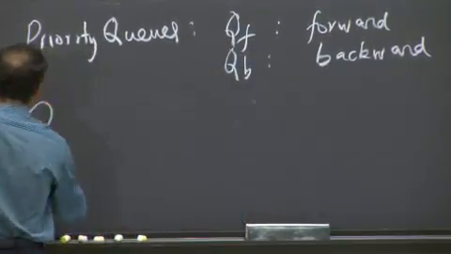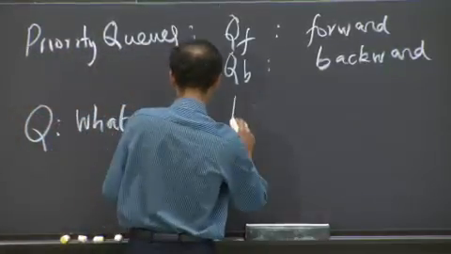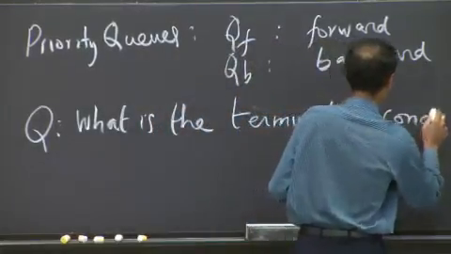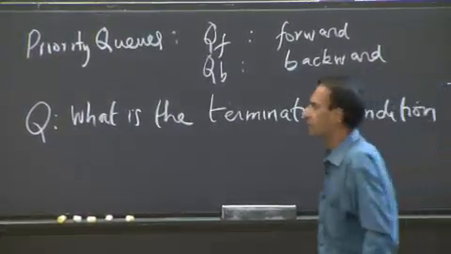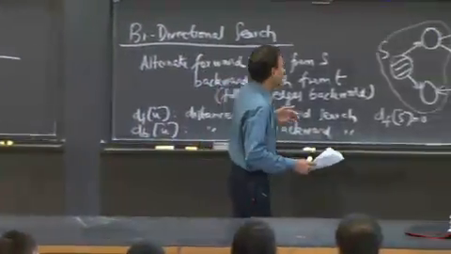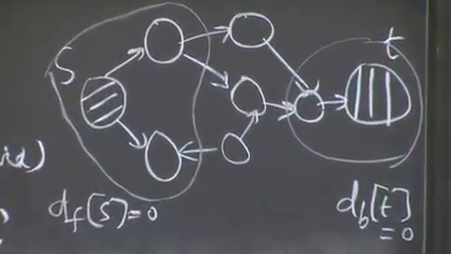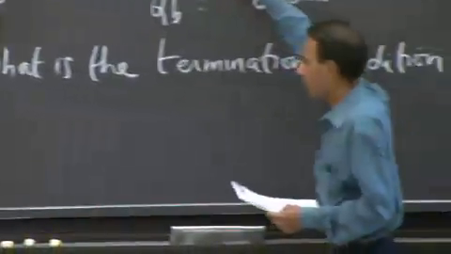Now, first question. Roughly speaking, as I said, you can imagine intuitively that you're going to terminate the search when these frontiers meet. Clearly, you can't terminate it when these frontiers look like this. So that's the intuition. And you've kind of seen that for breadth first as well in your problem set.